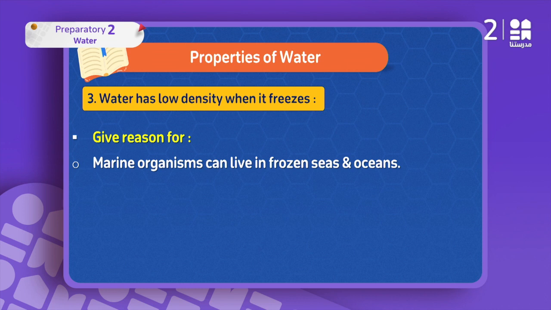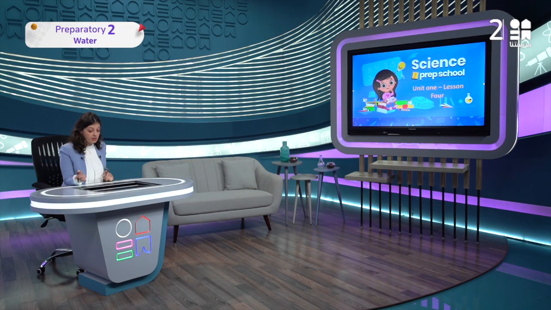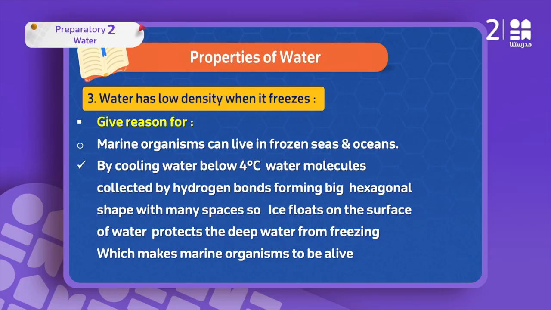ما هو في بعض places they have frozen seas and ocean. الsurface area بتبقى frozen، بتبقى contains ice. طب why marine organisms still alive؟ ليه مش بيموتوا؟ ليه مش بيتجمدوا؟ Because by cooling water again less than 4 أو below 4 degree الwater molecules collected together تعمل لي ايه قلنا؟ hexagonal shape big crystals، وبالتالي الايس ده بيعمل ايه؟ float over water surface and keeping the water beneath still liquid and this allow the living organisms to be